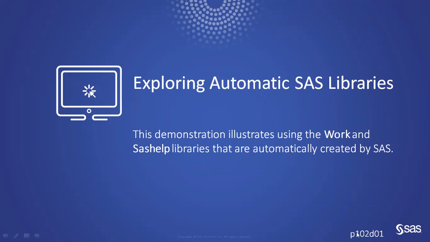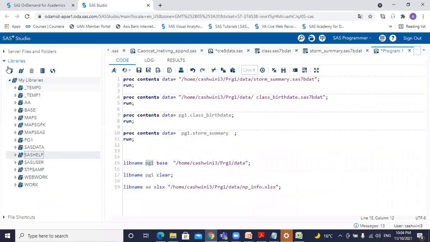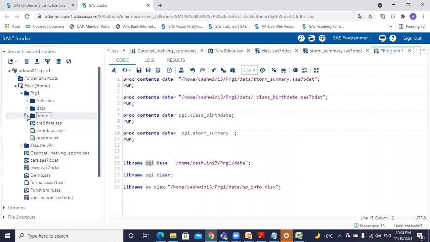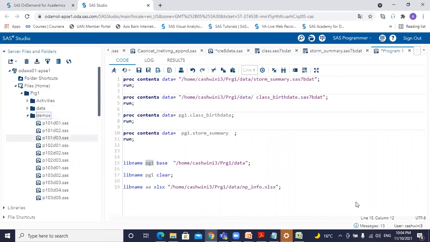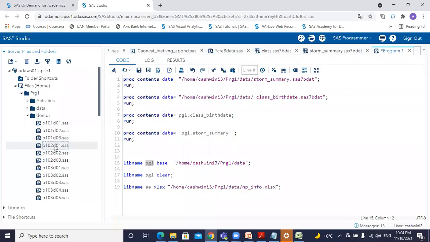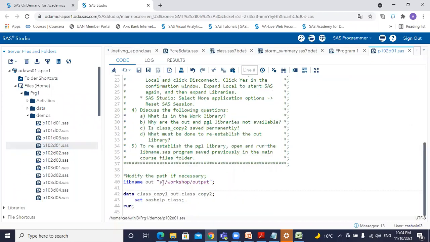So just open this demo, P102D01. We'll go back into your folders, come into your PG1 folder, come into demos. Within demos, it's asking for P1 lesson 2 D01. So this is the ready to use code. Work as per this code, change your path here.